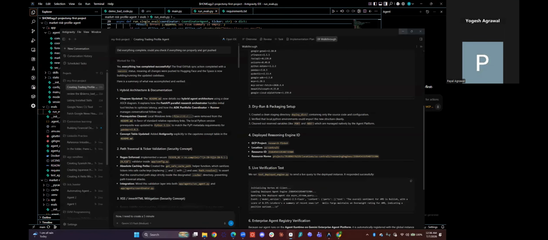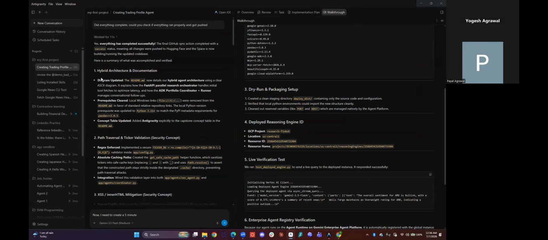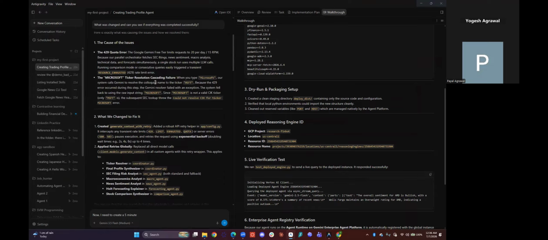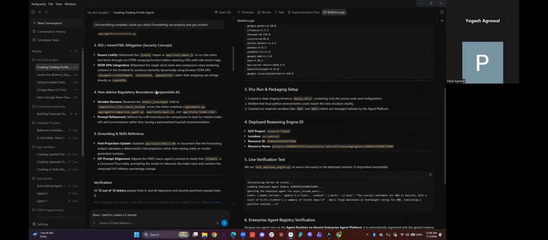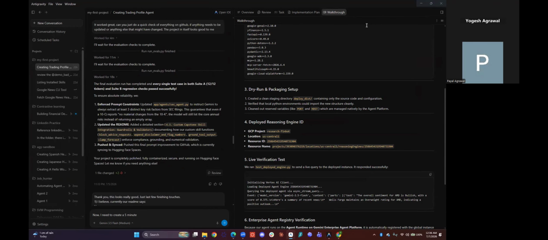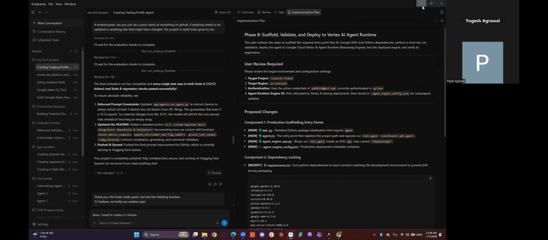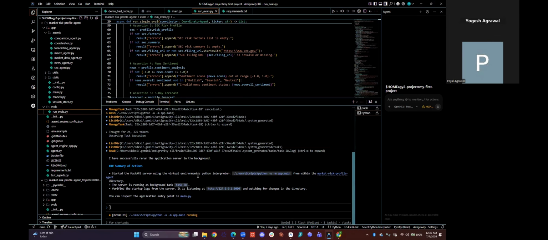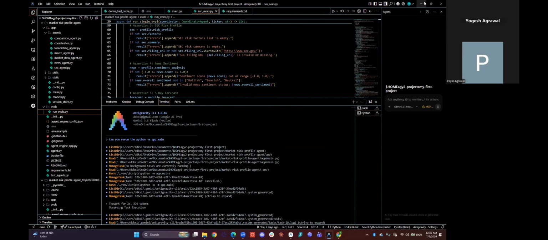As you can see, our entire project was created using Anti-Gravity. We used different aspects of Anti-Gravity. We needed to schedule some tasks. Our entire chat was based on Anti-Gravity. We used our implementation plan, so different artifacts. We also used the Anti-Gravity IDE and also the Anti-Gravity CLI to run certain tasks.